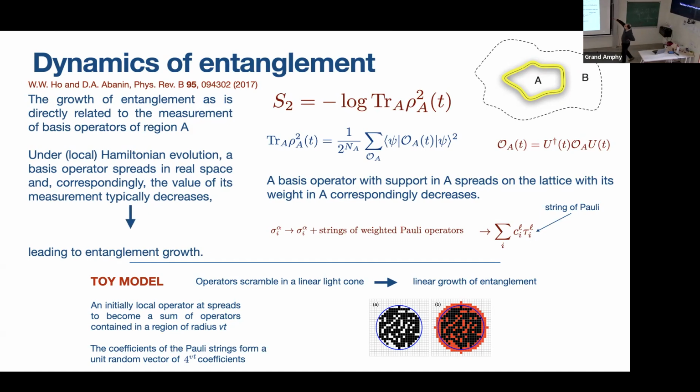They had a look at the Rényi entropy S2. It does not really matter, but the nice thing is that if you just look at the entropy of rho A squared,